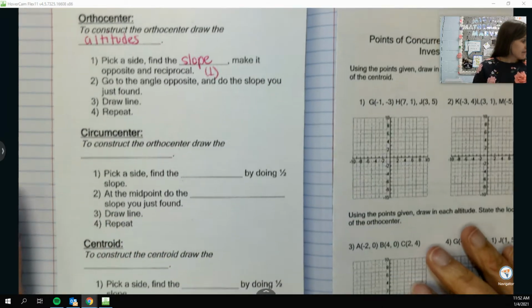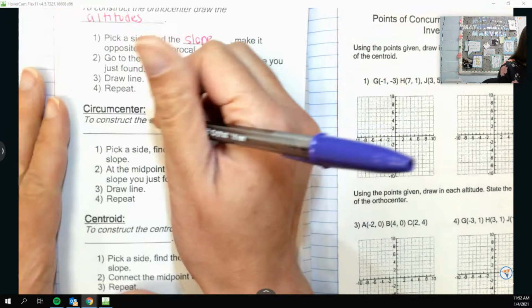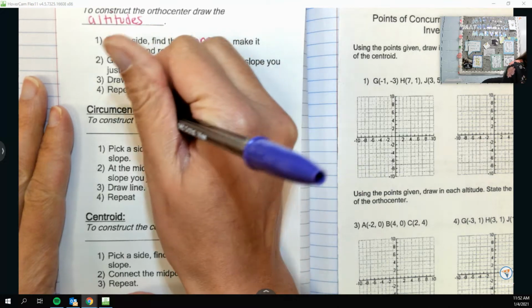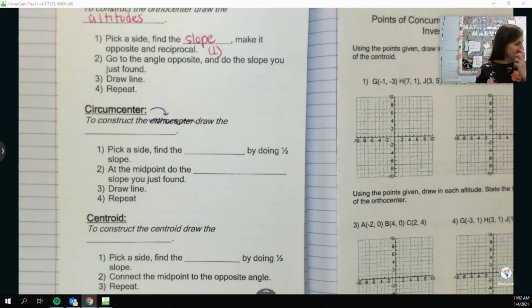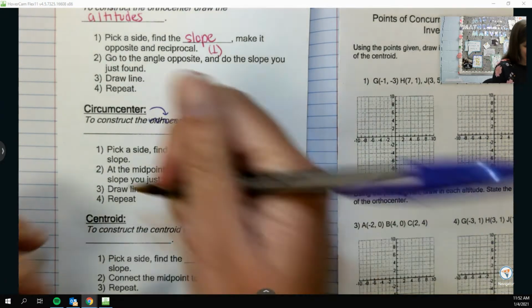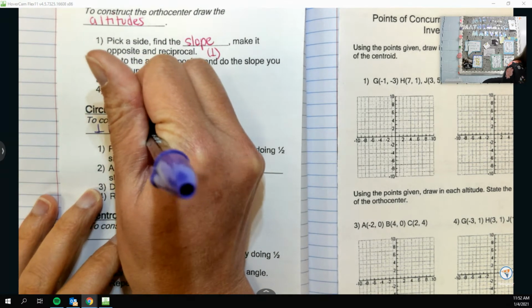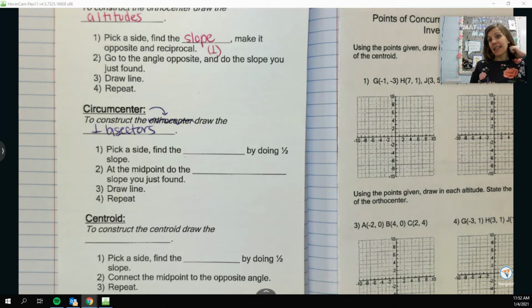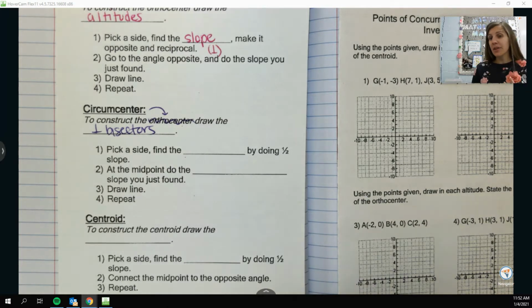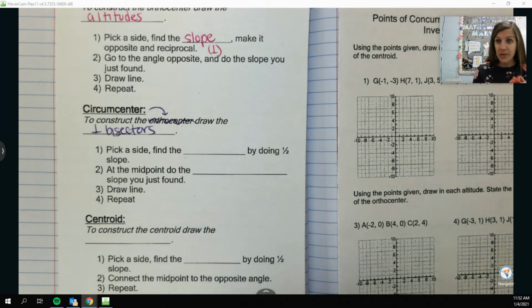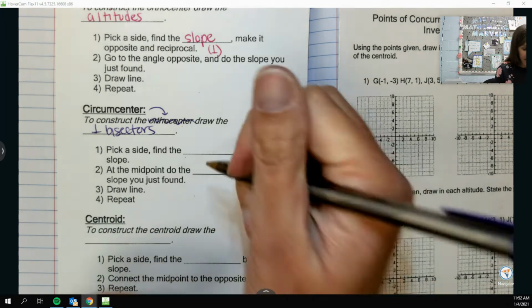Next, I can find the circumcenter. Oh, typo, oops. Circumcenter. By drawing the perpendicular bisectors. And again, all three of them will get me my point of concurrency, but really I just need two to know where to go. So the way that we do this on a grid is I pick a side, and again, I find the slope,